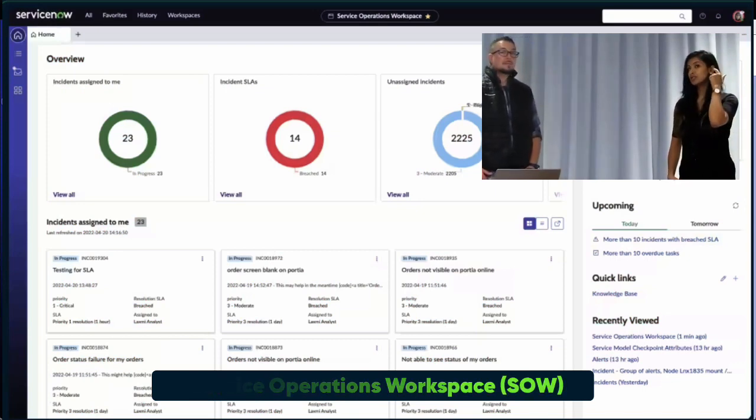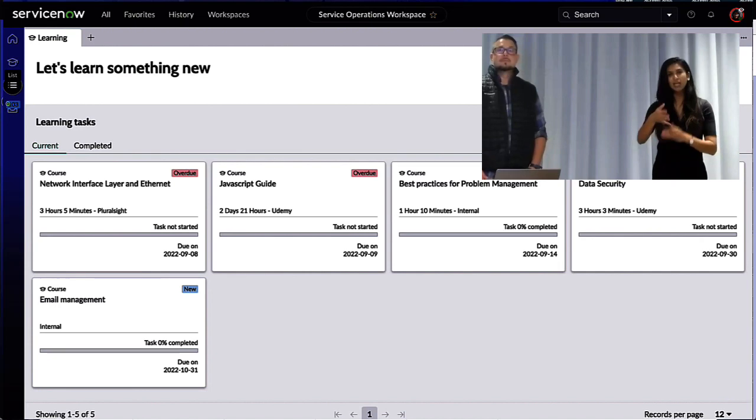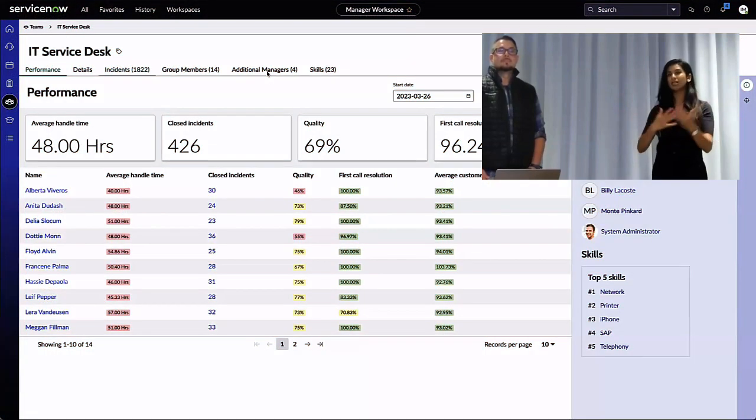Yes. So for example, as a manager, if I set a performance target here for Alberta, when Alberta logs into Service Operations Workspace, she will see the work that's assigned to her. She could see her schedules. She could also see her current performance against the performance target my manager has set for me, as well as learning assigned to me, as well as available shifts I need to sign up for, and so much